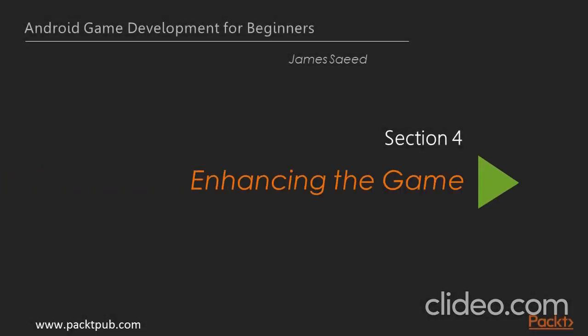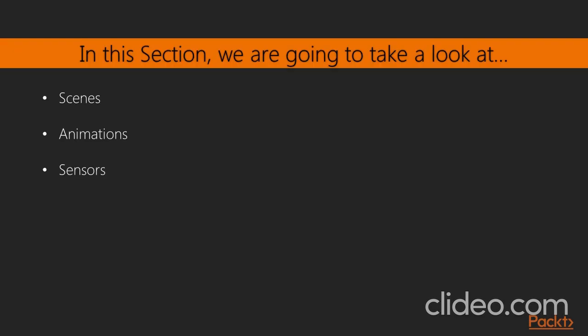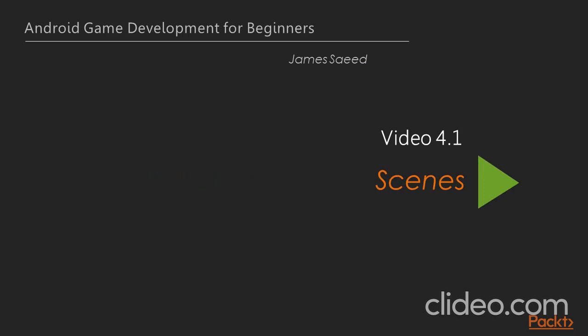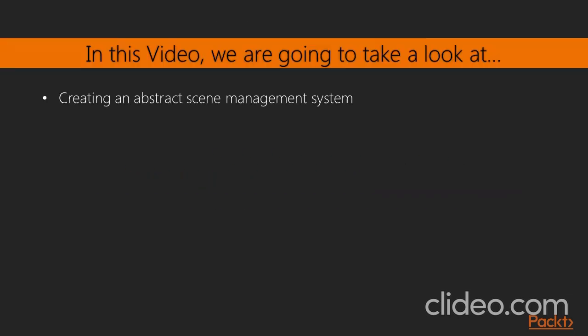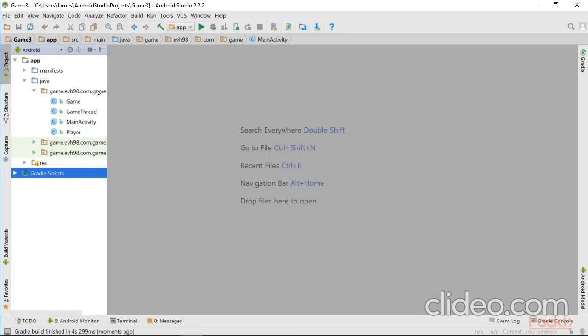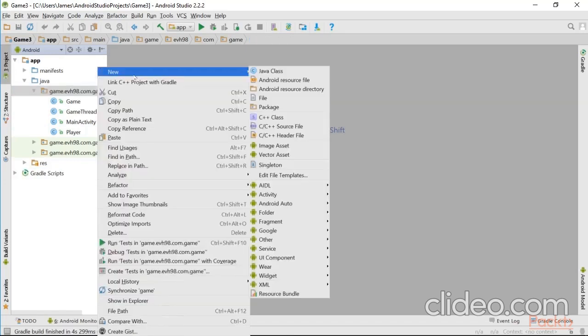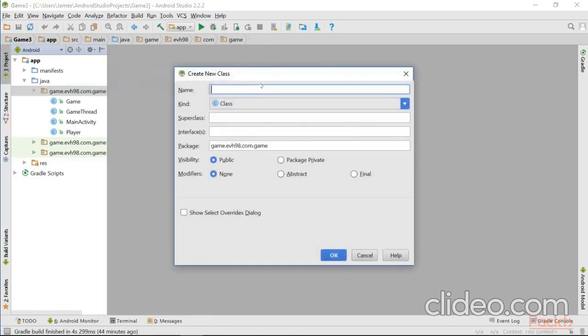Welcome to section Enhancing the Game. In this section we're going to take a look at the scene system and how we go about creating our own, using animations in Android, and then using the accelerometer in our game. In this video we're going to go over scenes in our Android game. We'll be looking at creating an abstract scene management system and then creating different scenes for the main menu and the game. We're first going to create a scene interface, so go ahead and create a new Java class, but